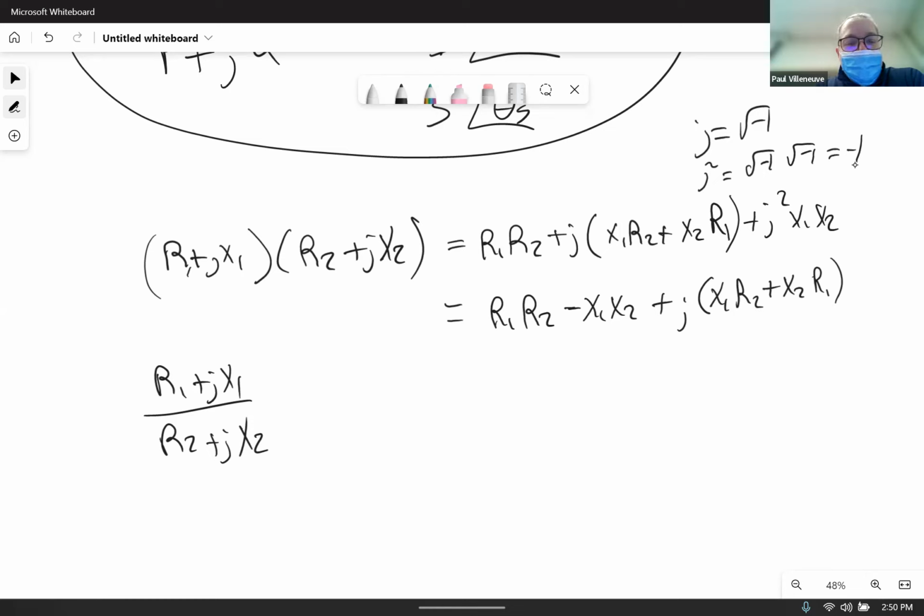It's very difficult. And the way that you divide complex numbers is you actually don't divide them. You multiply by the complex